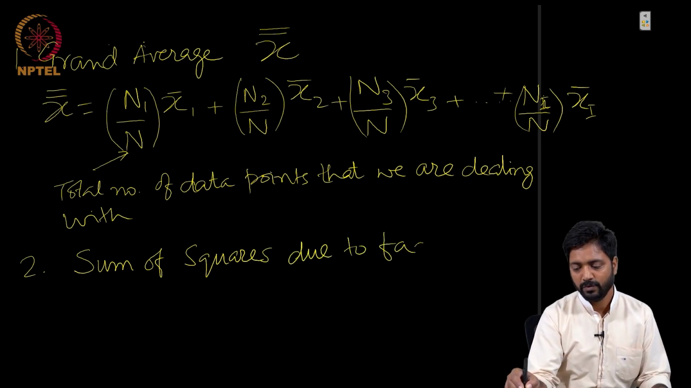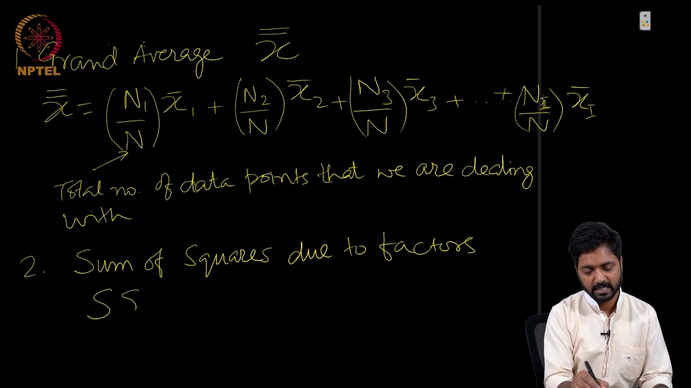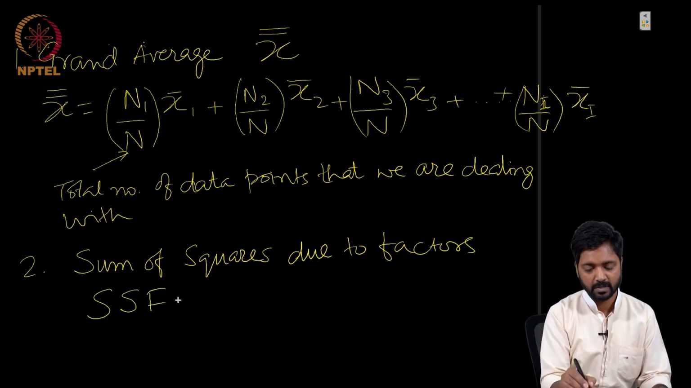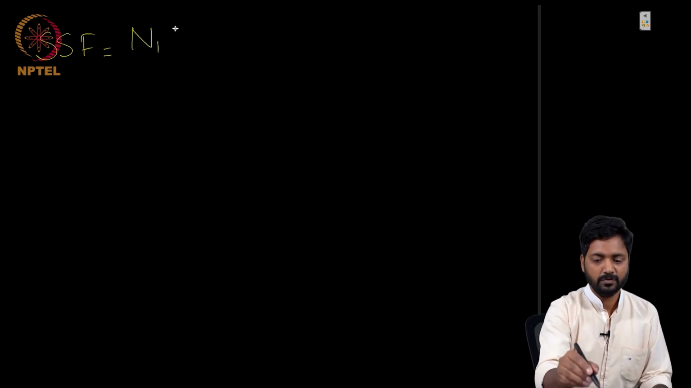due to factors, which we abbreviate as SSF. So, let us go to the next page and see how the sum of squares due to factors needs to be calculated. What we have here is that we say the sum of squares due to factors will be the number of readings in the first sample